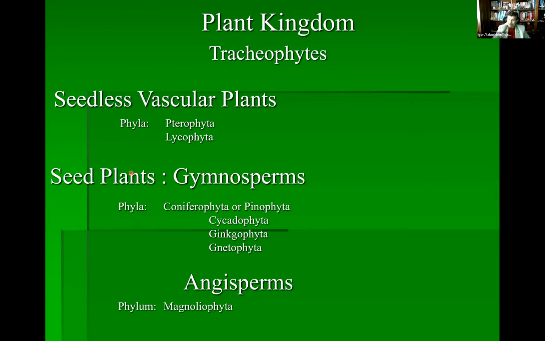So now seeds. Again, we'll talk about the seeds and there will be gymnosperms, naked seeded. Gymnos means naked, sperm means seed. And then angiosperms, covered seeded. What are they covered with? They are covered by the fruit. That's important and we'll discuss that. But please make sure that it's not just the seed cover, it's a fruit. Because each seed will consist of three major parts: the cover, the food source, and the embryo. Cover is protecting the embryo from drying out.